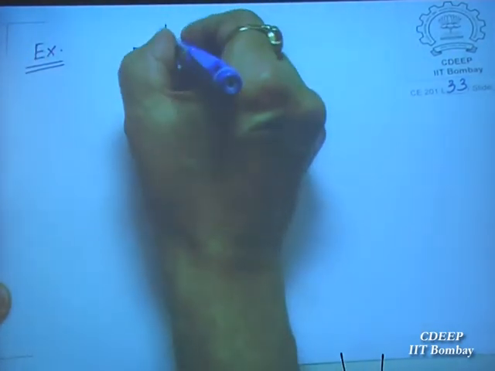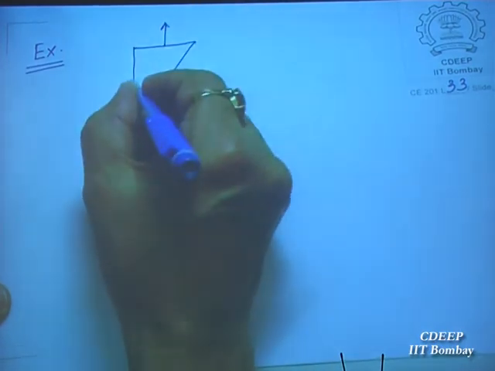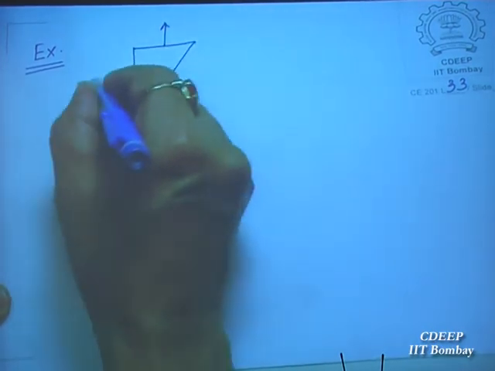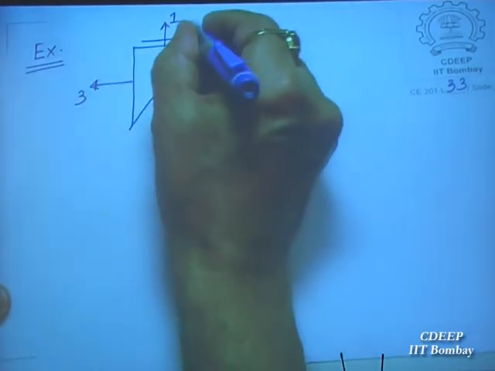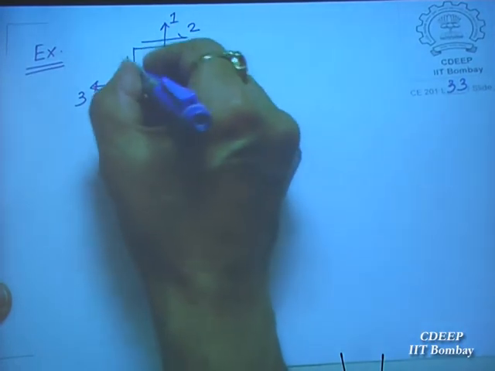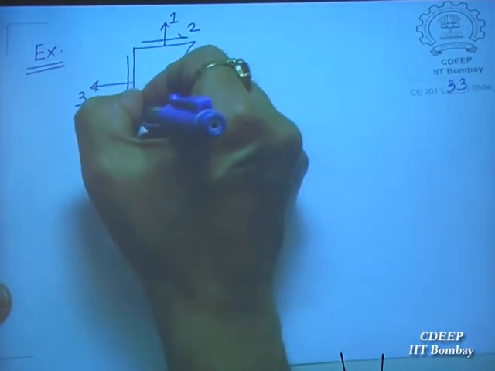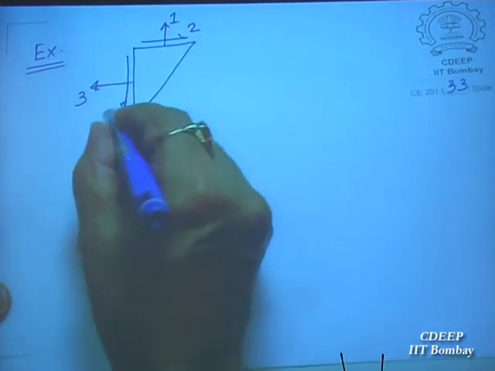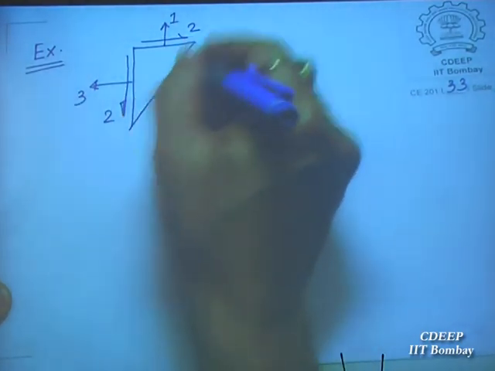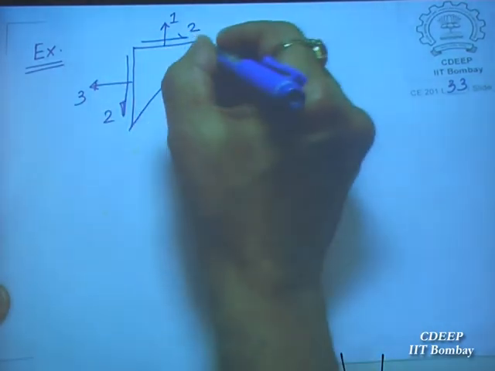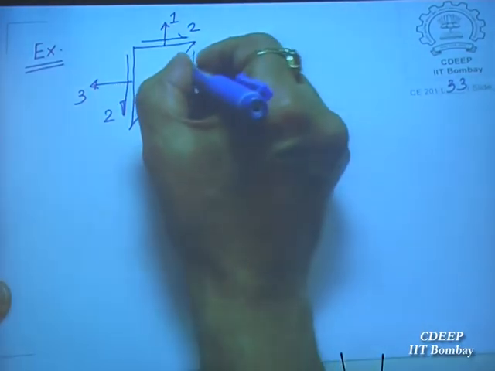So this is 1, this is 3, this is 3, this one is 2, and then this one should be again 2. All are MPa, and this angle is 22 degrees from vertical,